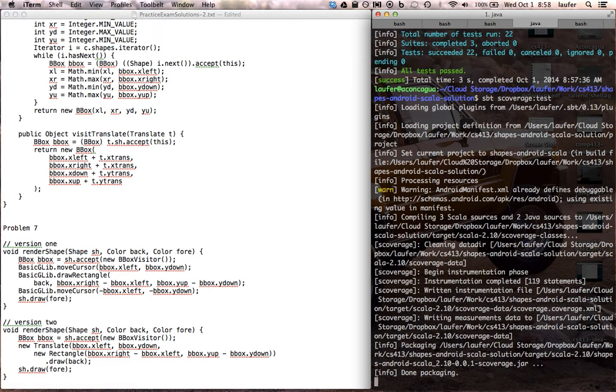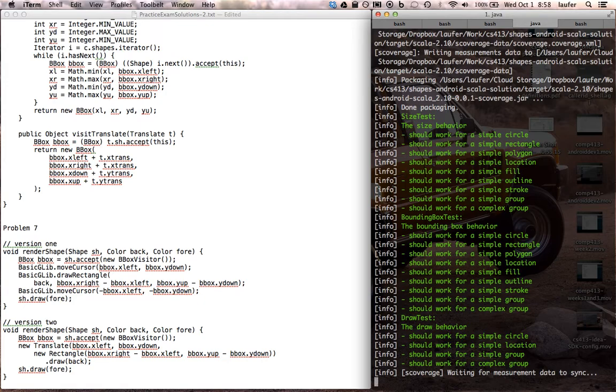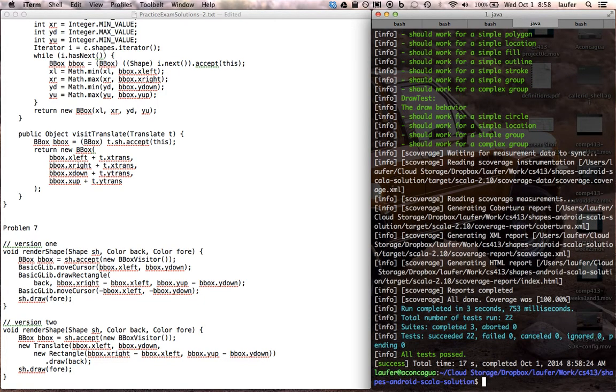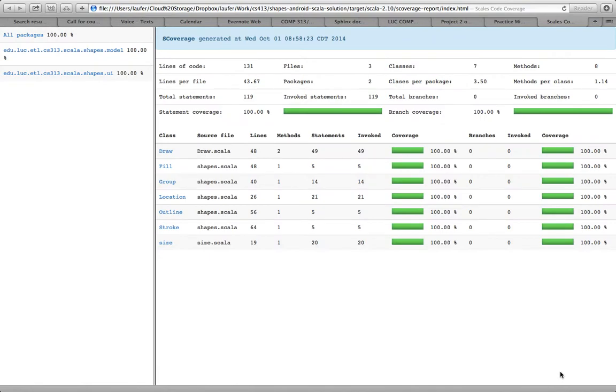So this ties to the discussion on the Facebook group, but the testing happens, and in addition, it produces this coverage report at this location. Okay, and we can open this in the browser. And how cool is this? So here we can see